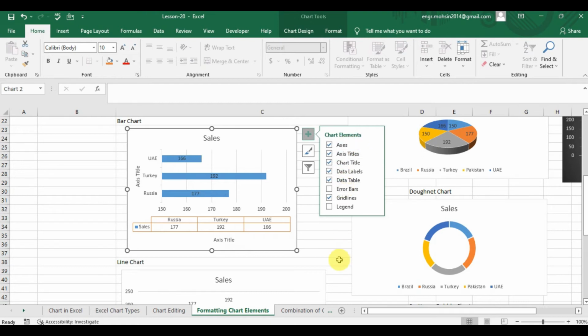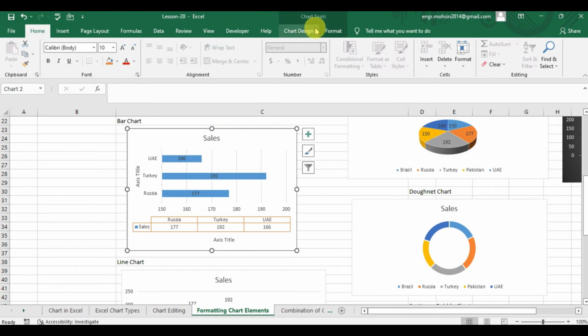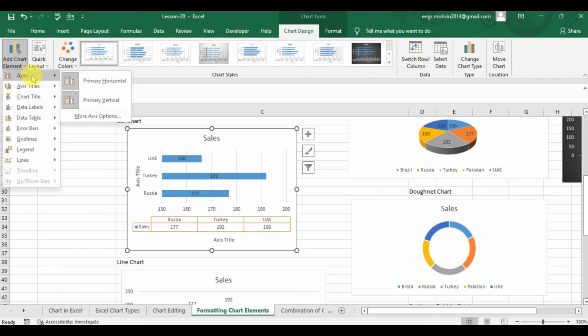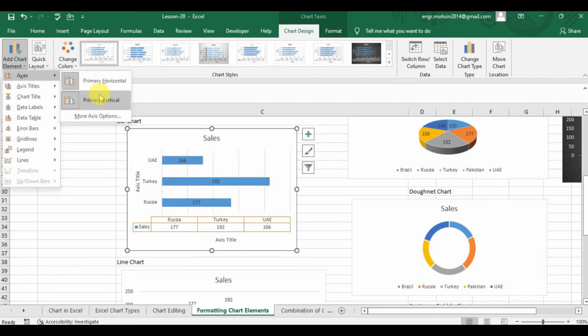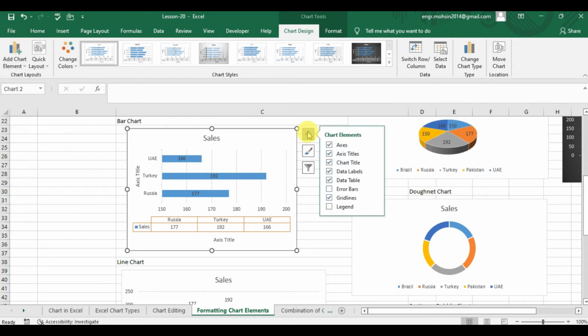This we will discuss here one by one. For example, by clicking any chart, from the design also we can access these elements, and we can go to primary horizontal and primary vertical, or we can go to the more axis options. And similarly, from the plus sign here, Axes, we can go to more options,